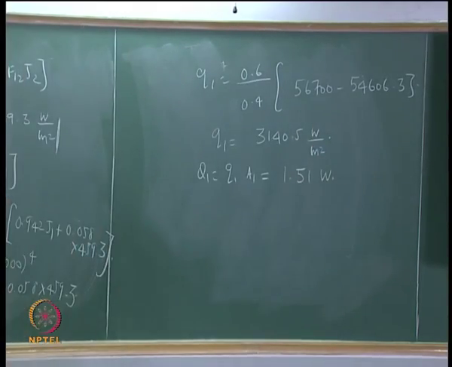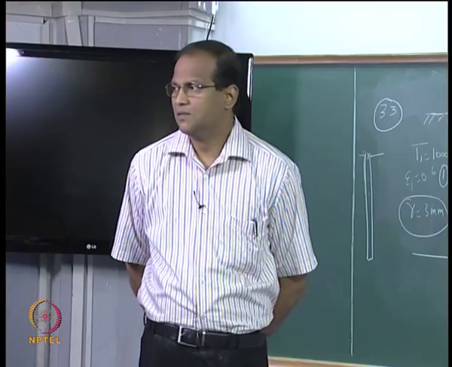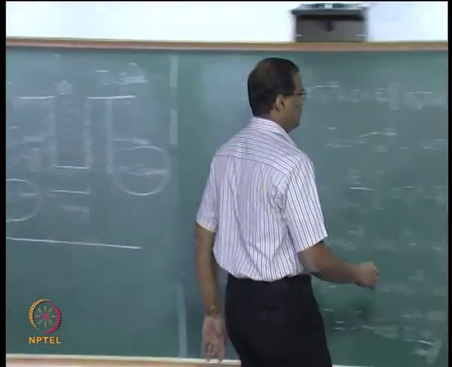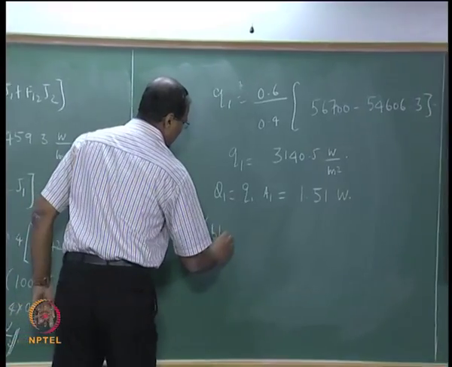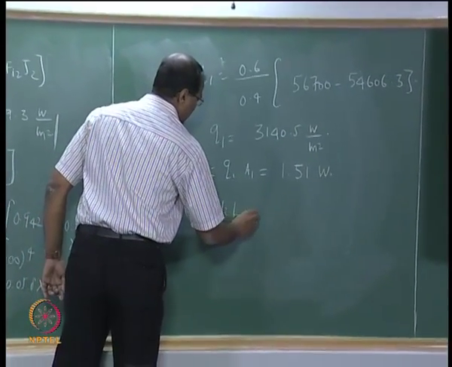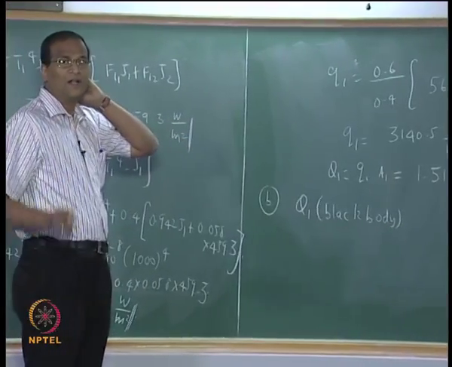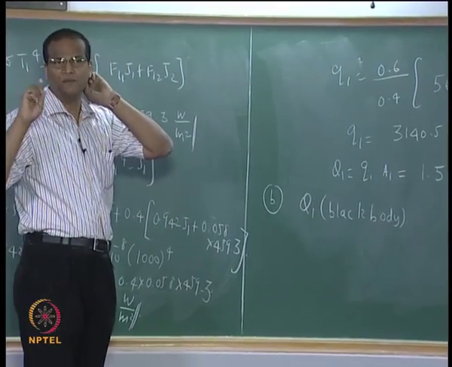So this is the solution to part A of the problem, okay, net radiation heat transfer. I hope it's clear, okay, but you will have to revise this, okay. Now as far as part B is concerned, what will be Q1 for the black body, that is the opening, there is a 6 mm dia